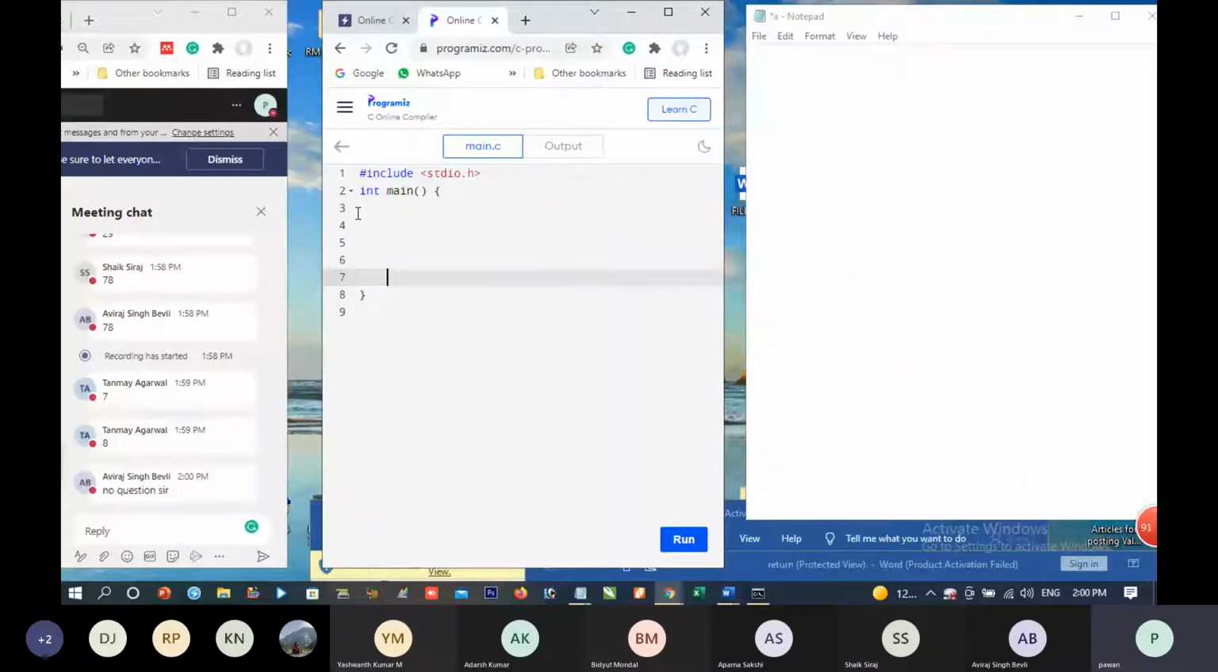Okay. Now, students, this assignment was on the return value of the fork. Fork returns different values in parent and child. In parent, it returns